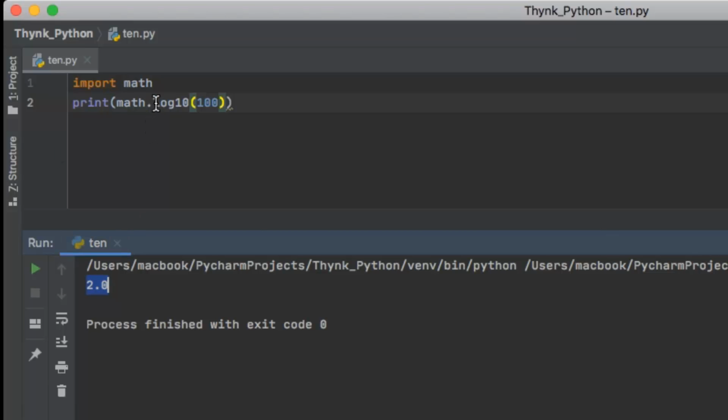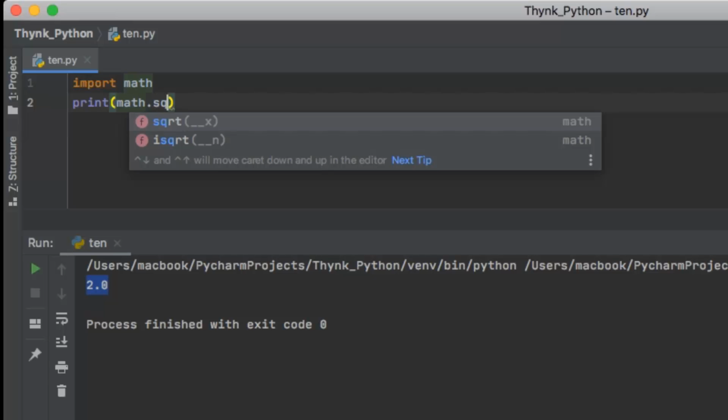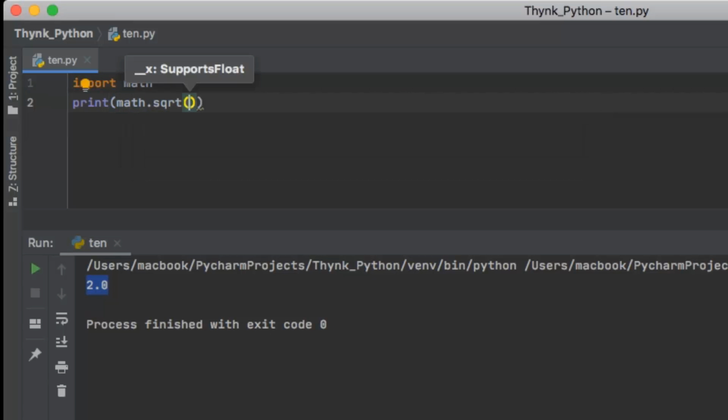All right. So another math function, dot. See, we found log to the base 10, GCD, factorial, then E stands for exponential. This is the pi function. Log, then you have all the trigonometric functions also, sine, cos, tan. You can find the value of any. So here we have square root also, right? So let's try square root, sqr. The moment you type sqr, it will prompt you, so you don't have to type the complete sqrt, just hit enter, right, and it is done for you.